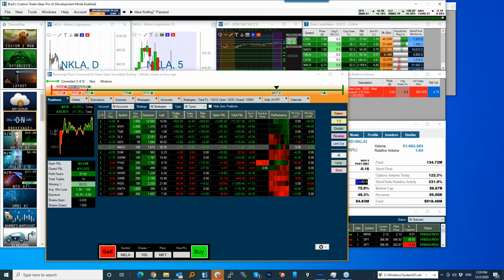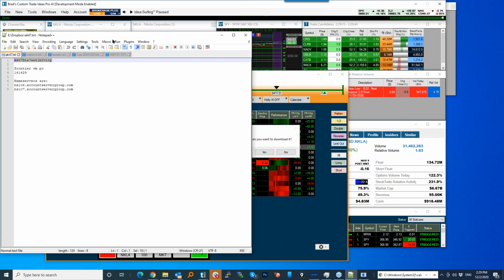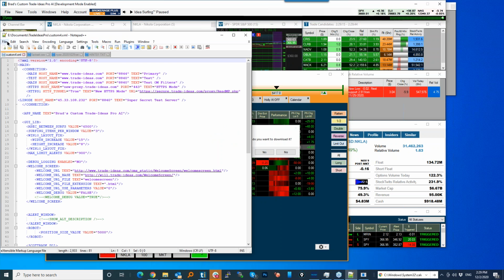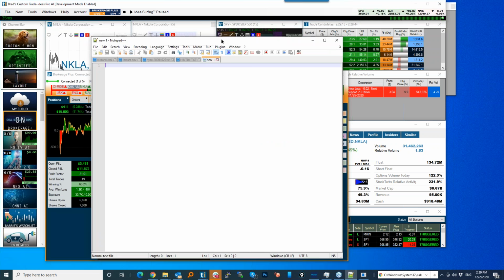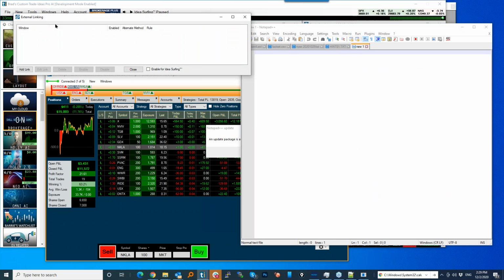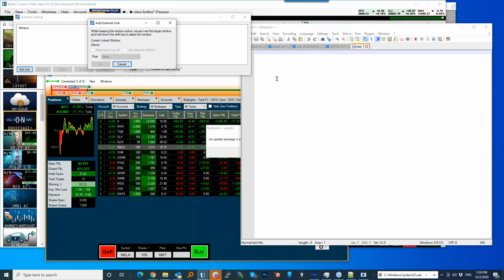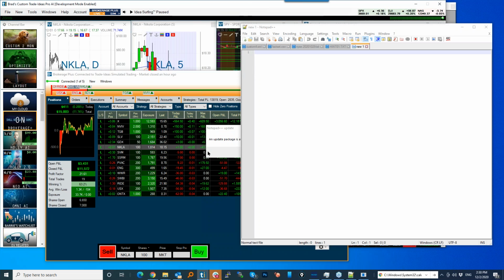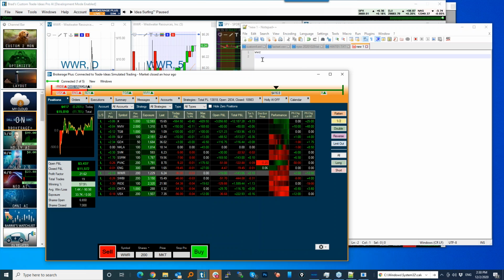So if I just bring in something like Notepad, and let me bring in a new one, and I bring it over here, and I go Tools, External Linking, and I add a link. You only need to do this once. Brought it over to Notepad, hit OK. And now when I click on a symbol, it's going to automatically populate in that brokerage application,